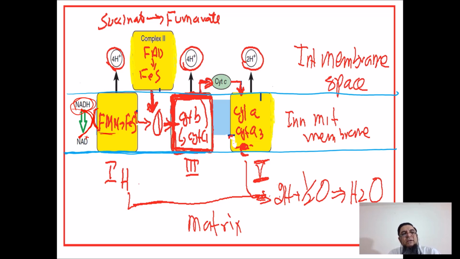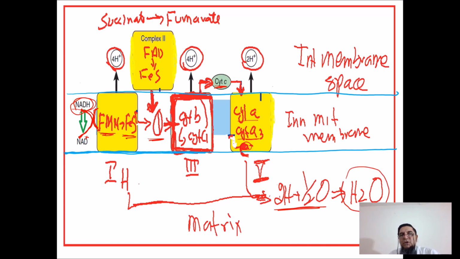So from FMN to FES, and then from FES to coenzyme Q, from coenzyme Q to cytochrome B and cytochrome C1, from cytochrome C1 to cytochrome C, then from cytochrome C to cytochrome A and A3, and then the electron will be released, and then hydrogen from the mitochondrial matrix will combine with the oxygen molecule